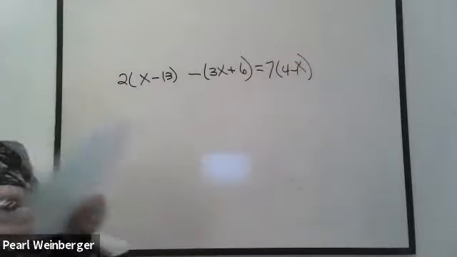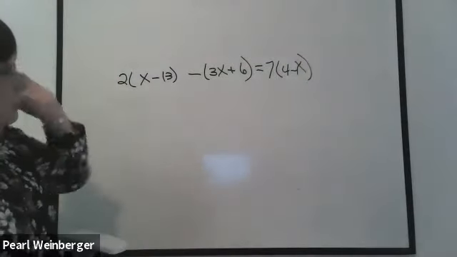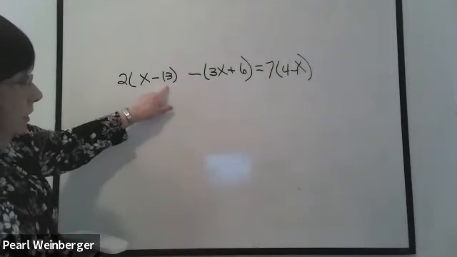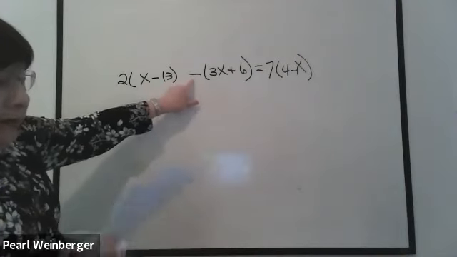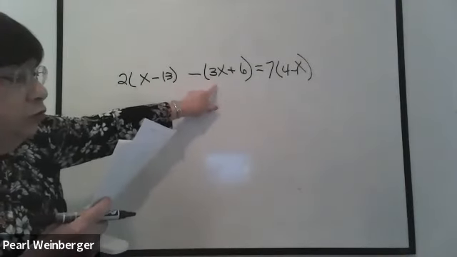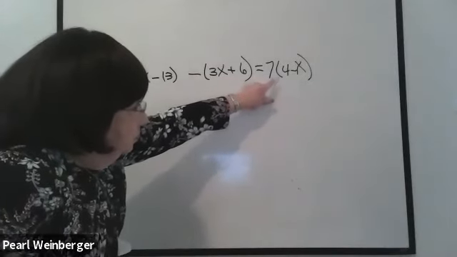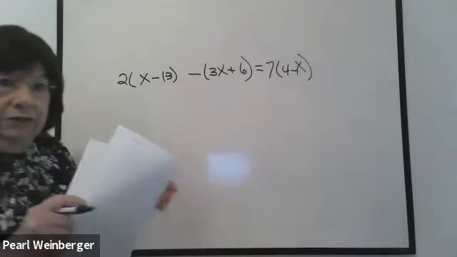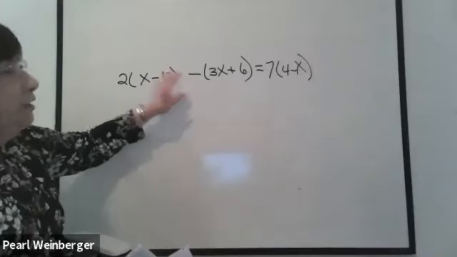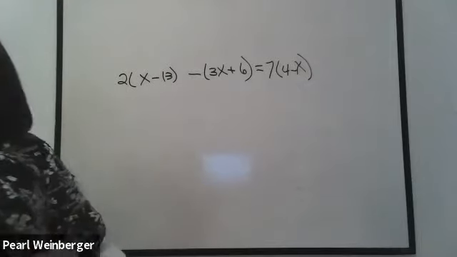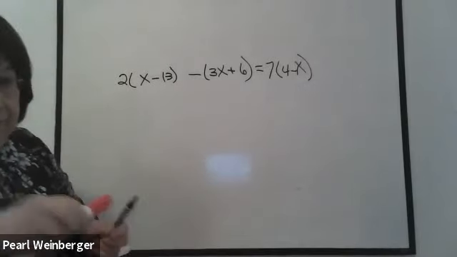Okay, so this has a lot of parentheses. It actually has 3 parentheses. It's 2 parentheses, x minus 13, close parentheses, minus parentheses, 3x plus 6, close parentheses, equals 7, parentheses 4 minus x. When it's just a negative sign, are we just adding the negative sign to what's happening in the parentheses? Okay, so let's just discuss this, because that's why I was giving this problem.